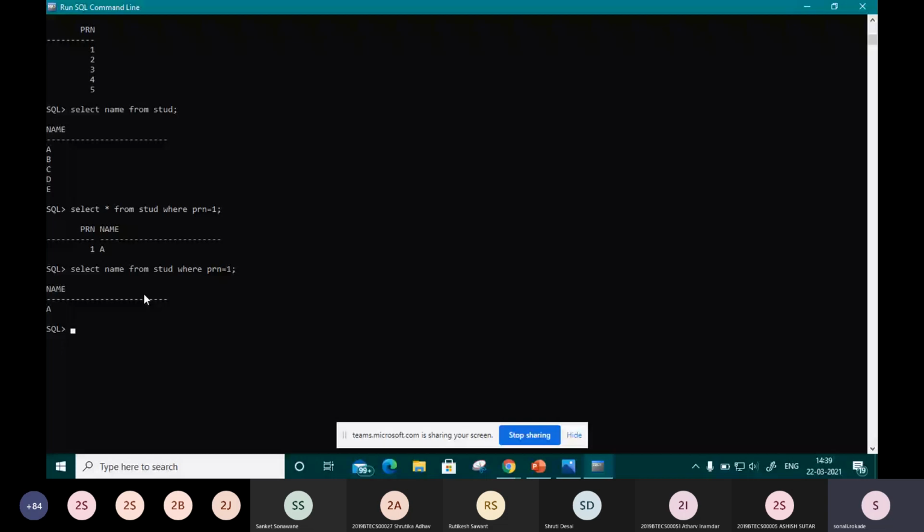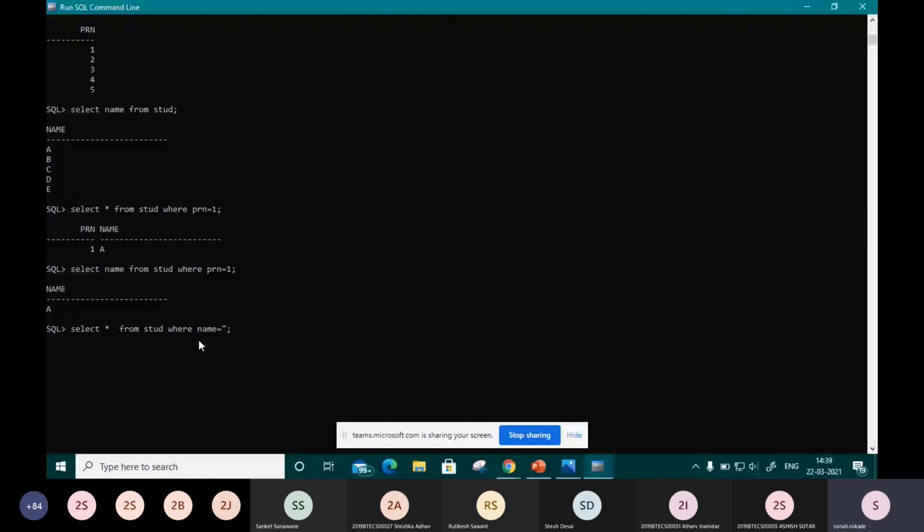And instead of this, if you want to check a PRN number, let's start from where, where name is equal to, here I am going to pass in double quotes. In double quotes I am writing the character.